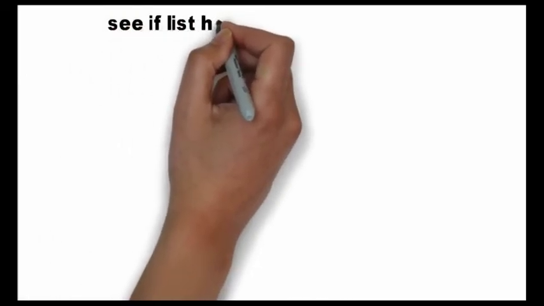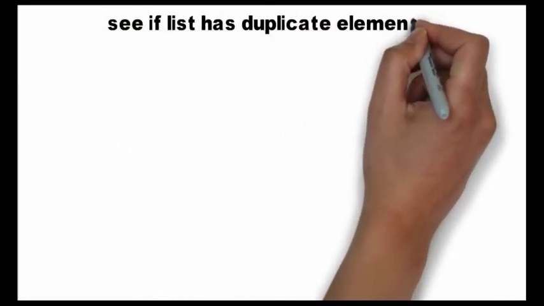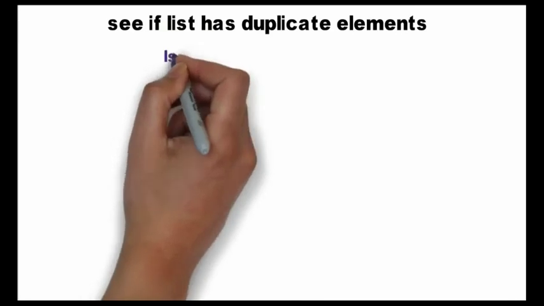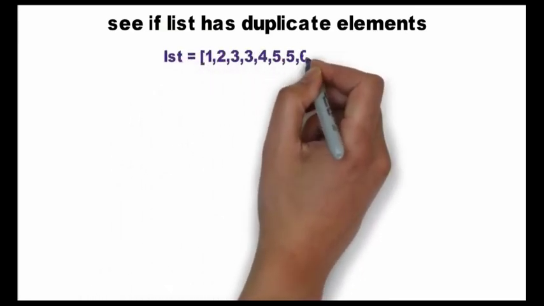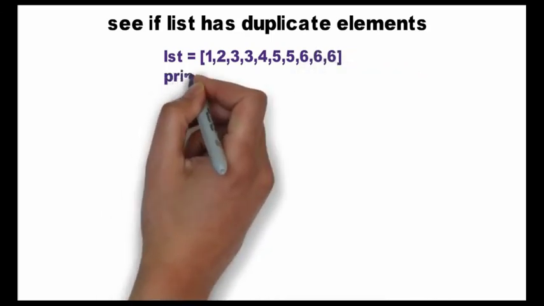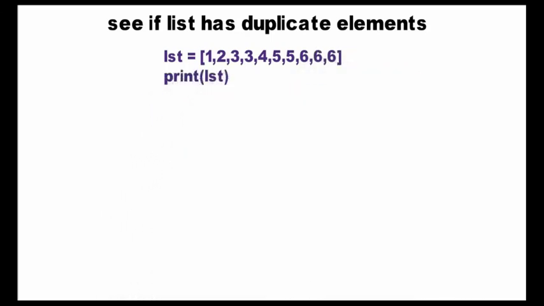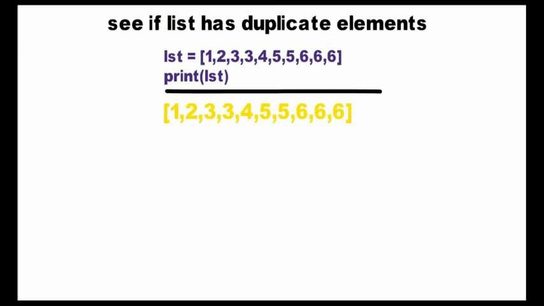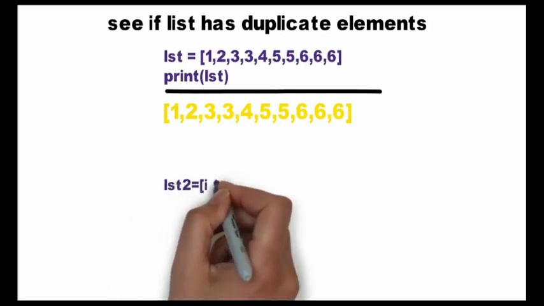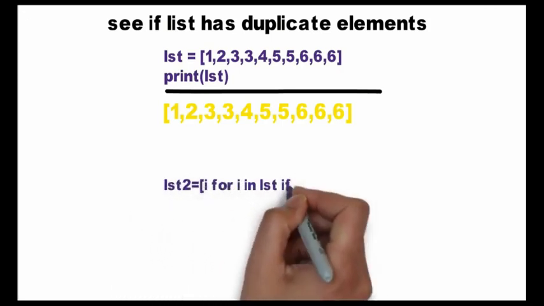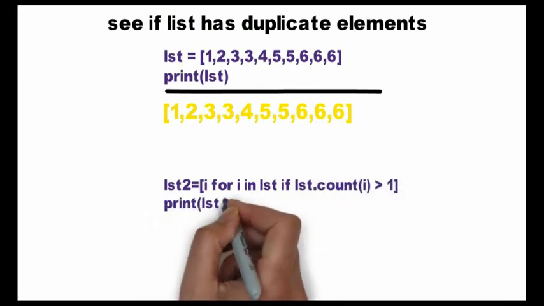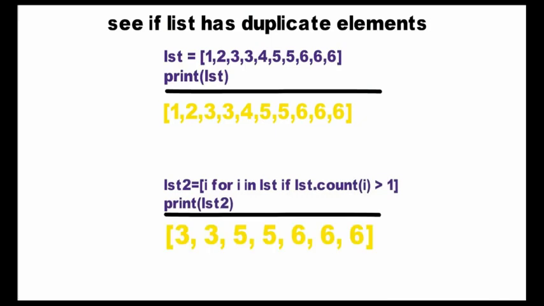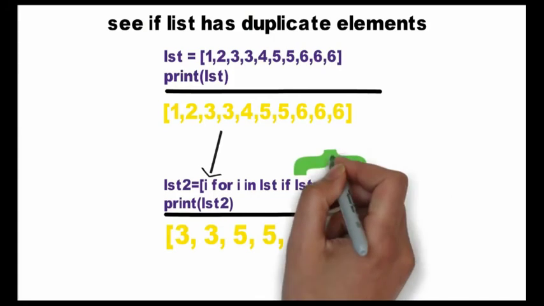Next, let's see if a list has duplicate elements. Let's create a list lst equal to 1, 2, 3, 3, 4, 5, 5 and 6, 6, 6. So let's print all the items which are repeating. To do this, we can write i for i in lst if lst.count of i is greater than 1. So basically we are just filtering those items which are repeating, or in other words, their count is more